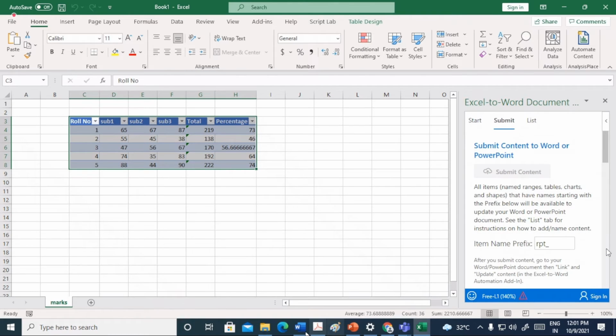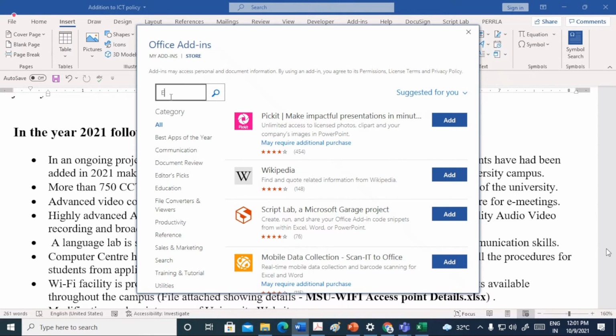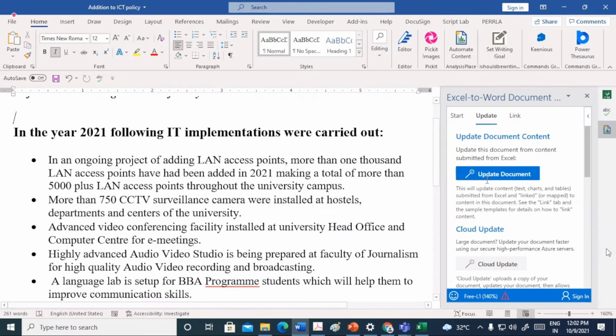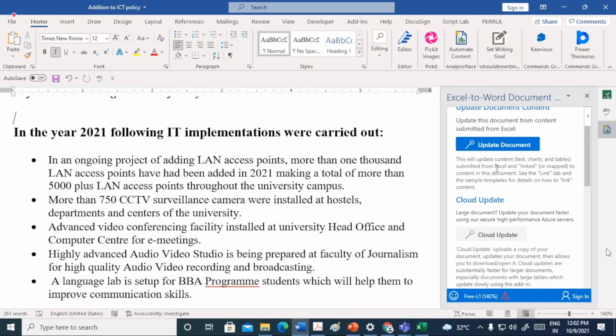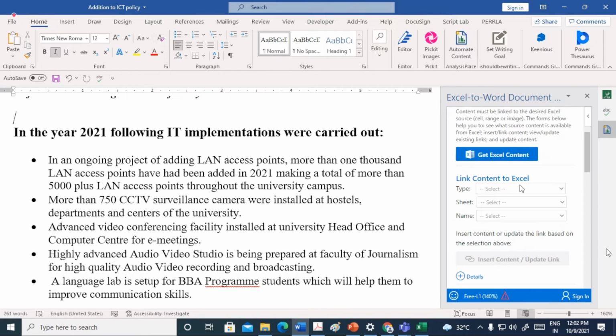See, if the same thing is in Word, add-ins, and now this I have been doing in the previous one, so let me say update the document link, get Excel content. So it does not allow me to get the Excel content.